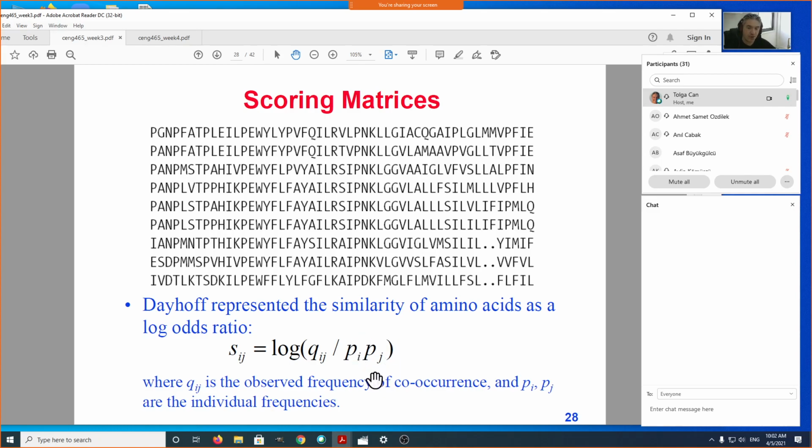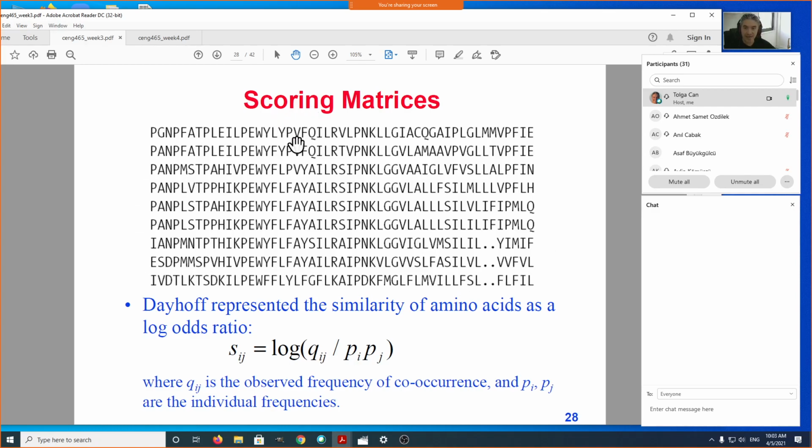So this is the probability of their random matching. And qij is the frequency that we actually observe these two types of amino acids in the same column in an alignment. This qij is found by looking at manual